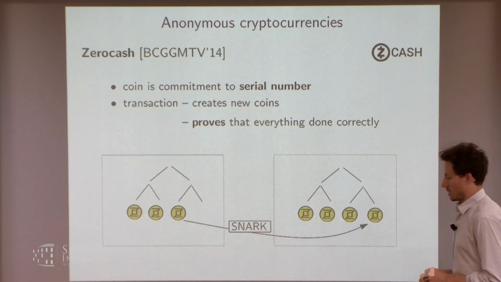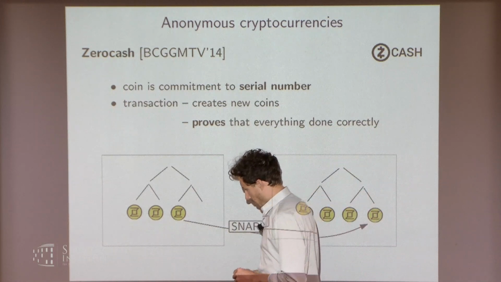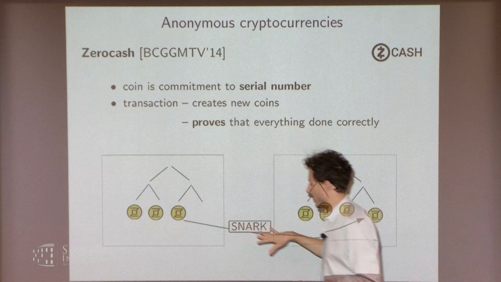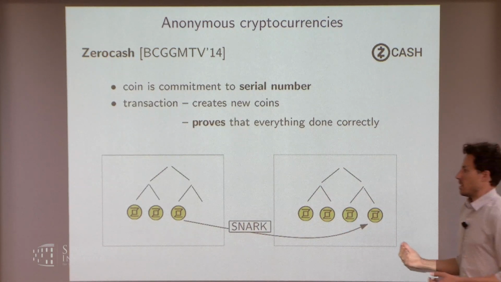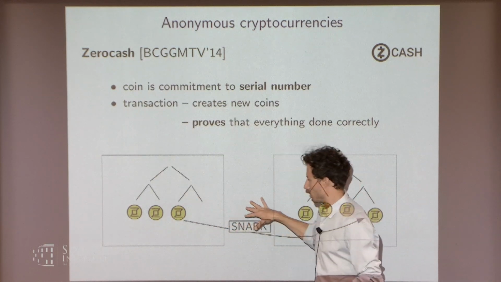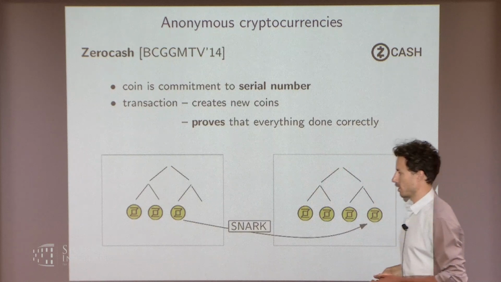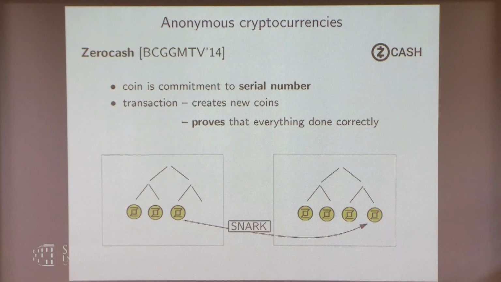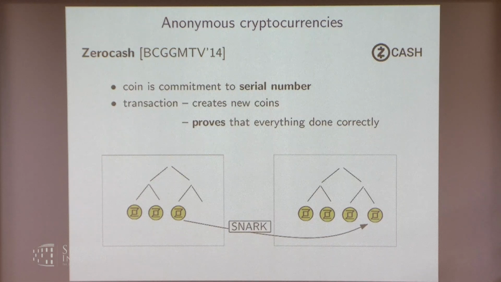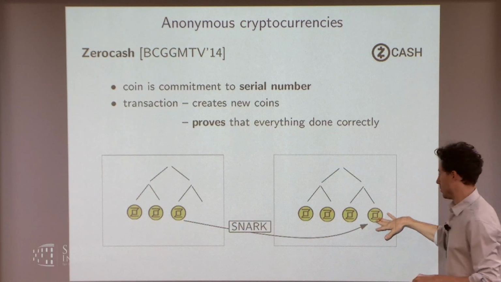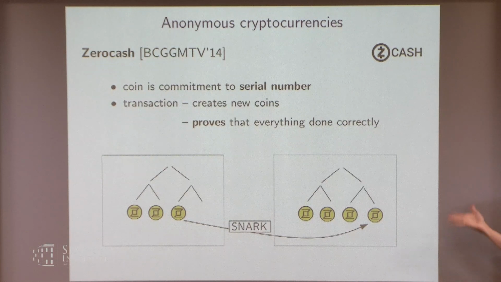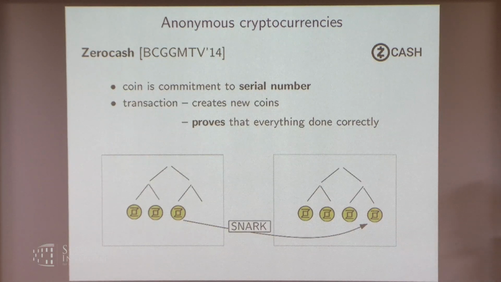And the idea is that you have on your blockchain all the coins, which basically correspond to what would be transaction outputs in Bitcoin. And you commit to all these coins using a Merkle tree. So that's some concise representation of all of them, which allows you to actually prove to someone that something is there. And when you spend one of the coins, you create a new coin. It's like creating a new Bitcoin address, which again is a commitment to a serial number plus some secret information that only the owner knows.